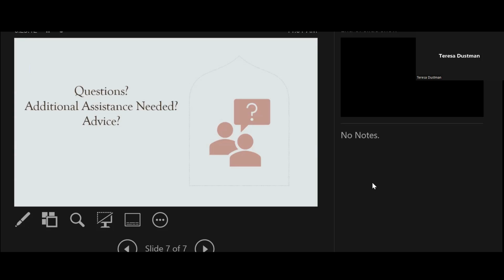One of the websites I use a lot is Purdue OWL. We love it. We love Purdue OWL. Yes, we have a slide in the PowerPoint of it. Yeah, you're good. Any other questions?